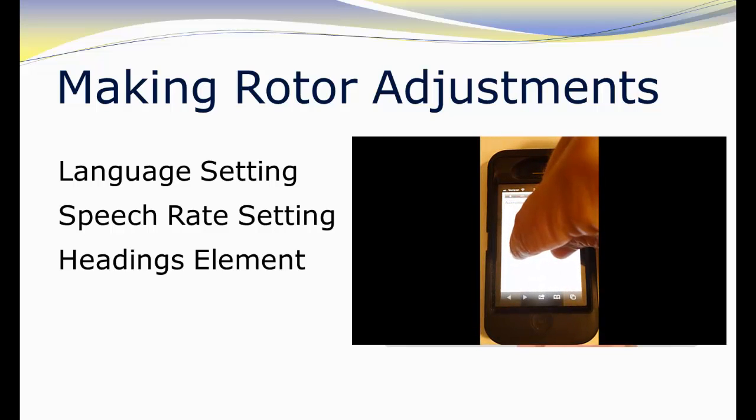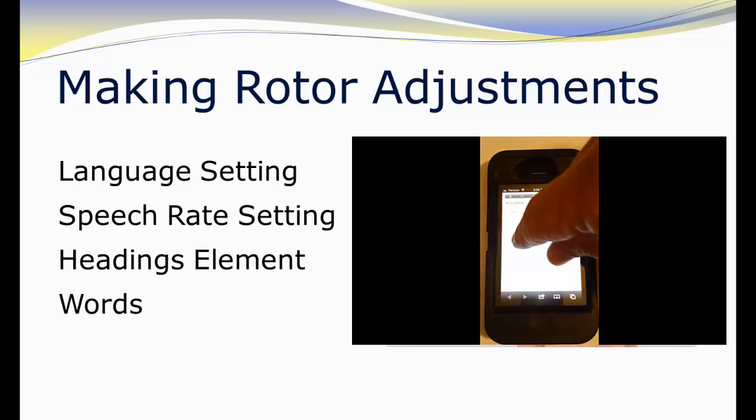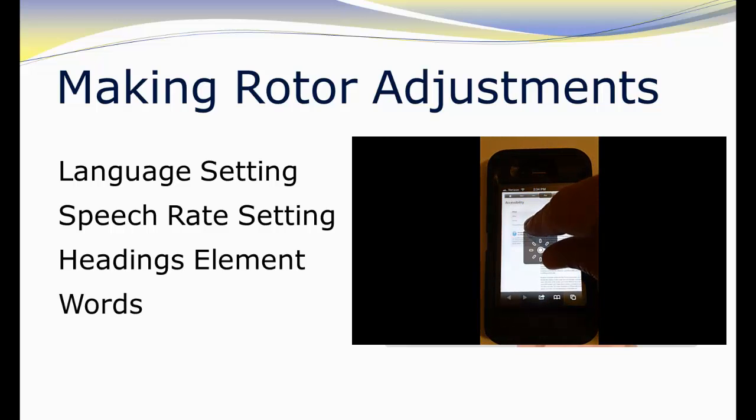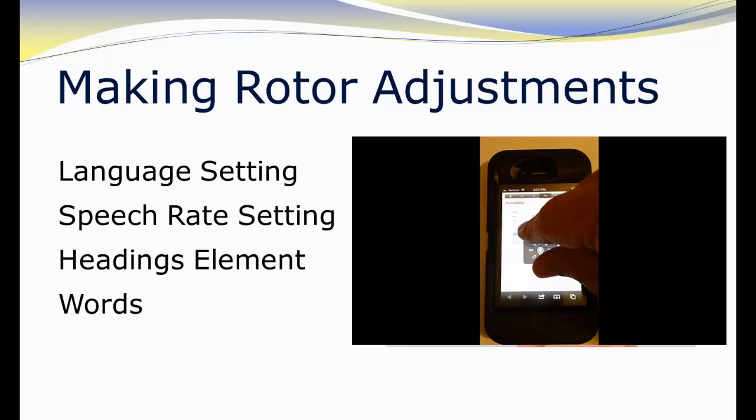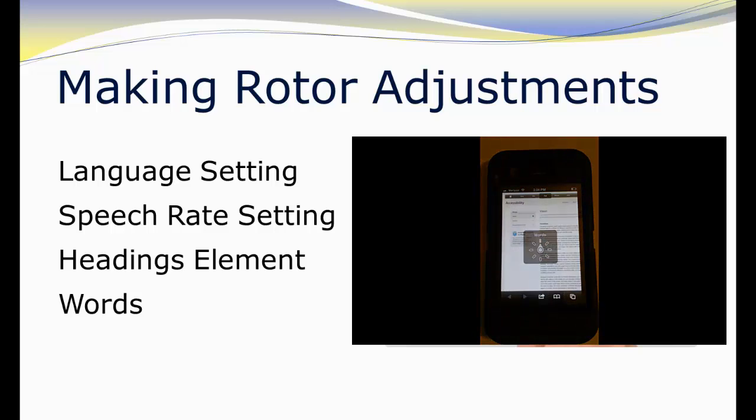You can also change navigation element settings with the rotor. 2 such settings are headings and words. To move by either when using the single finger flick up and down, for example, if you choose words in the rotor, then use a single finger to flick down, you will move to the next word on the page if one is found. If you next use the rotor to choose headings, a single finger flick will now move by headings instead of words.